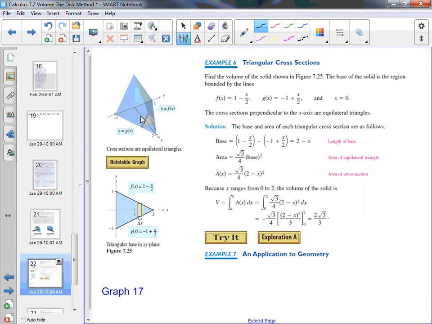If we look here, here's a region, and then the cross sections are equilateral triangles. So you see that little bitty equilateral triangle in there? Right? There. Okay? So we might have to find